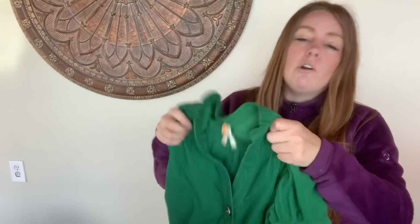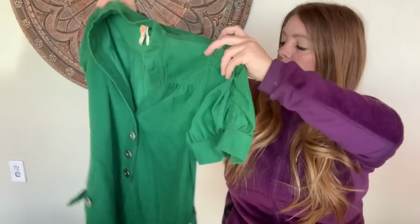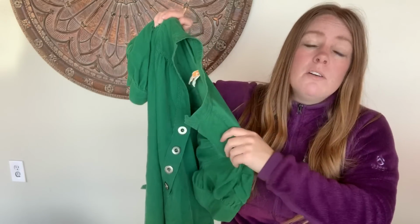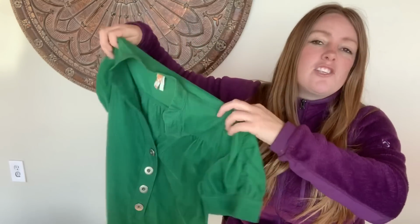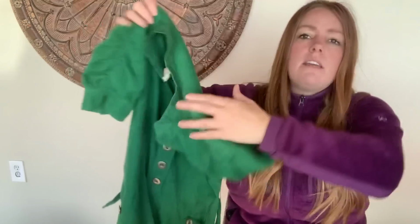And all of these have been either in a bin, folded, or in packaging in my storage inventory. So they are wrinkled. I still do need to lint roll again and possibly do a little sweater shaving and get these shipped out today, but they were all steamed and looking better in photos. If you need to see brand labels for a longer period of time, feel free to pause the video, or you could go to my closet or store to look at them in greater detail, but I'm just trying to get through. This one is actually from a recent Thrift With Me video, and this is by Anthropologie, the